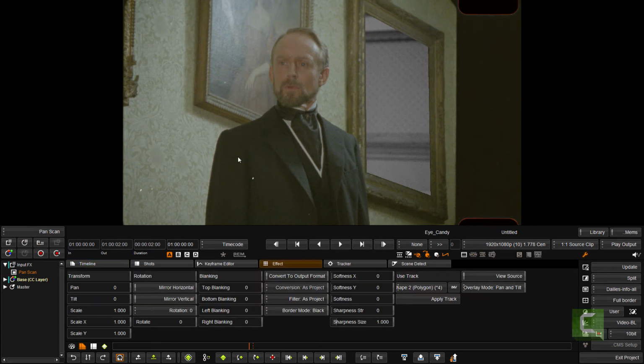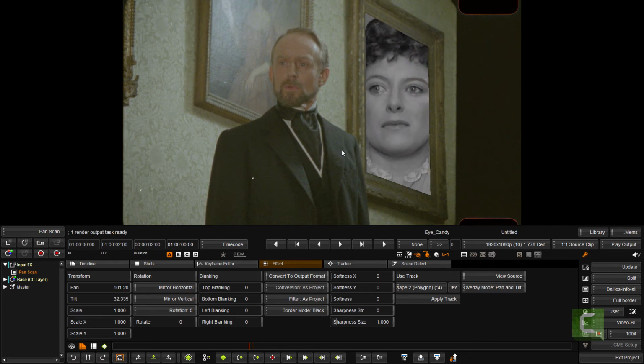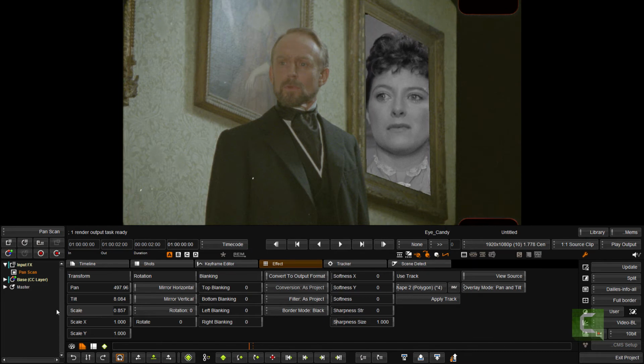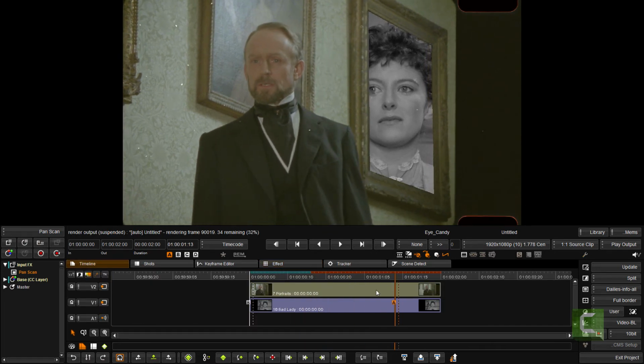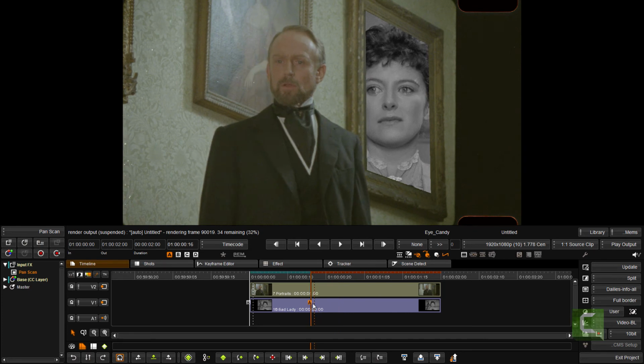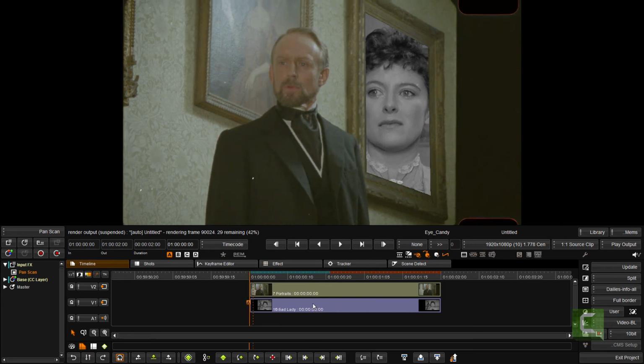So in my pan and scan up here, I'm just going to position the lady over there. You do a bit of a scale on that and put her over there. So what we now have is the composite done like that. Now, of course, that's not good enough. What I need to do is apply the same tracking information